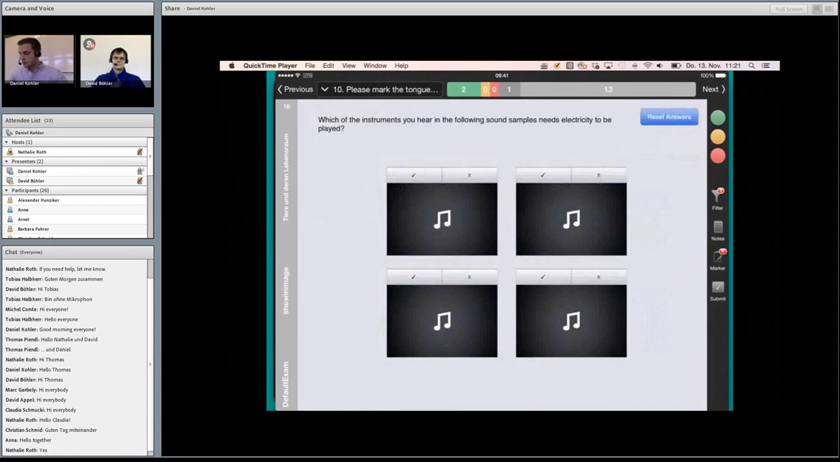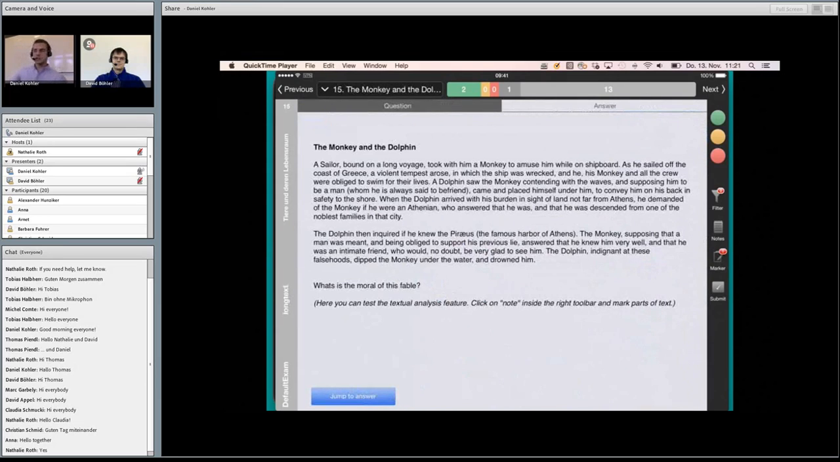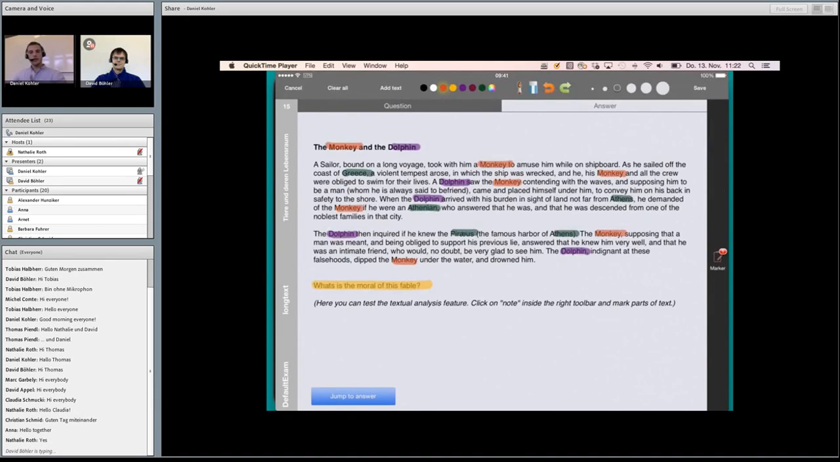Another feature that I want to show you is, I've prepared something here. If you've got large text, when you're doing exams on pen and paper, you most likely take your pen and do markings in the text to find important things right away. And you can also do that with the BeAXi iPad client. On the right-hand side, you've got this icon which says marker. And if I tap on it, it gives me an invisible overlay on the question where I can mark